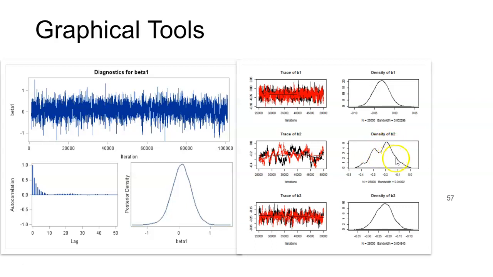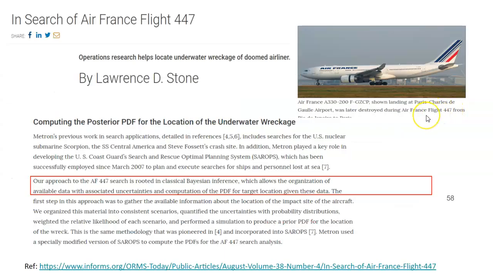Okay, that's interesting. Now we can talk about how this variable helps us to predict y, this much effect, maybe that much effect. Beta 3 has a nice rounded curve, and now that you have the posterior probabilities for the parameters, you can go ahead and talk about the variable that you're interested in or whatever predictions you want to make. This is used in real life.